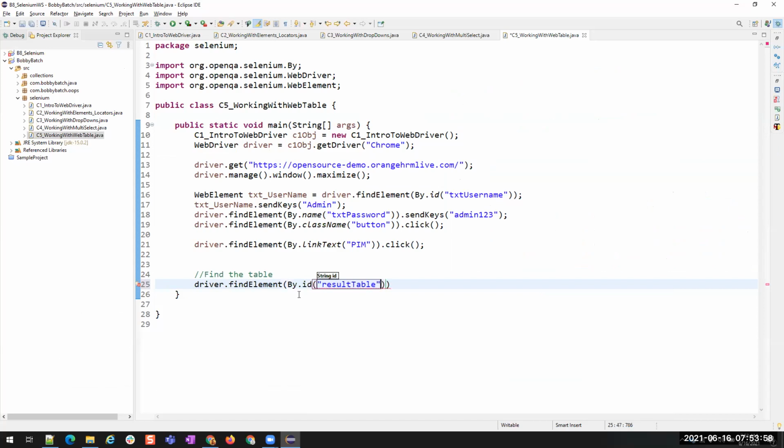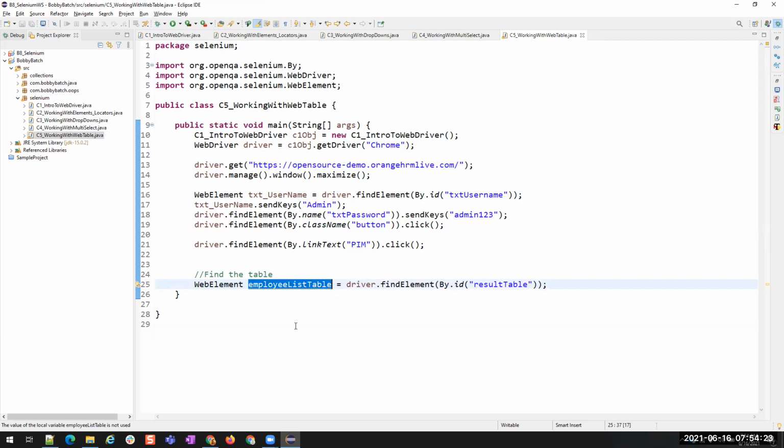This is my result table. Now this is what? This is a web table. Right? We got the web table. Storing it in a WebElement, employee list table. Okay. Now we have the employee list table.